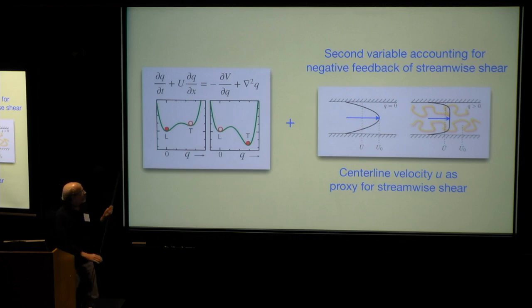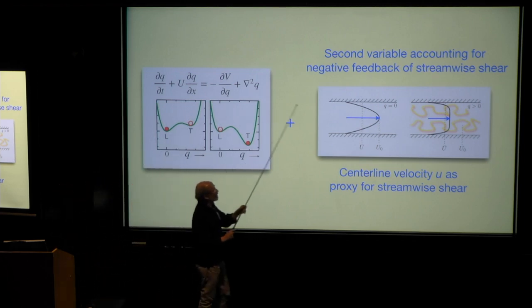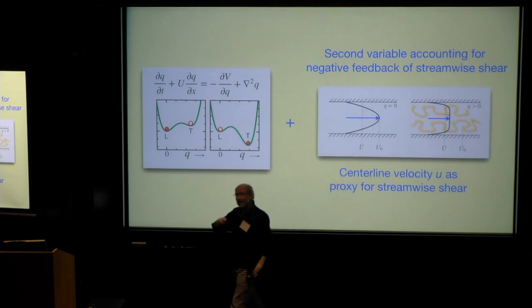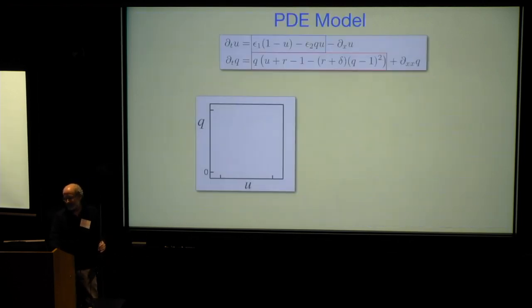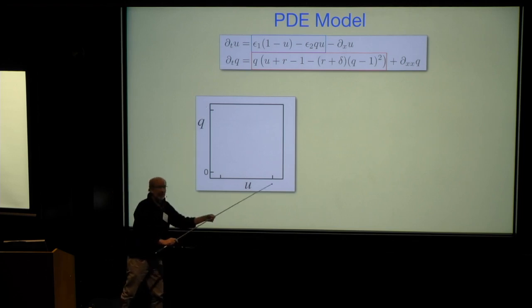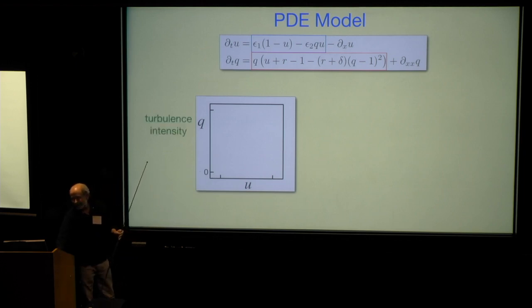So what do we have to do? We had this model, which I claimed is perfectly adequate at high Reynolds number, but we have to now take into account that, particularly in transition, the shear profile plays a role. When you have laminar flow, it's like this. When you have turbulent flow, it's like that. You have to put in the negative feedback of this shear profile. And there's a bunch of papers on that. So here's a model. Now I have two variables: turbulent intensity and state of the shear profile, or you can think of centerline velocity as a good proxy for that.